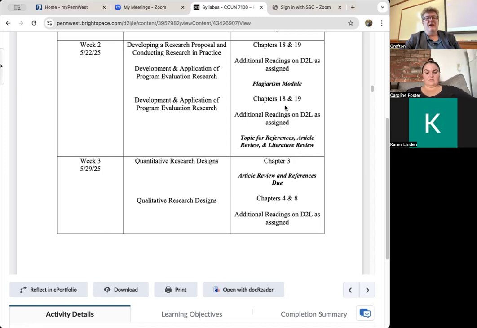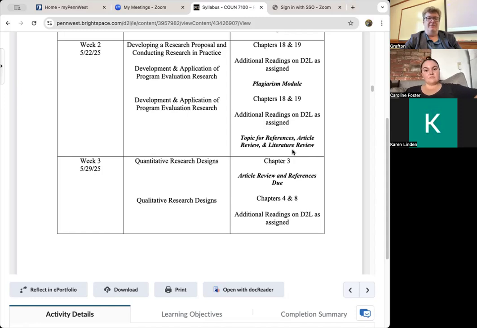And so anytime before Thursday of week 3, 5/29, you're going to turn in your plagiarism model. You're going to have a topic for your references. We can talk about that and refine it. Where you're going to do an article review